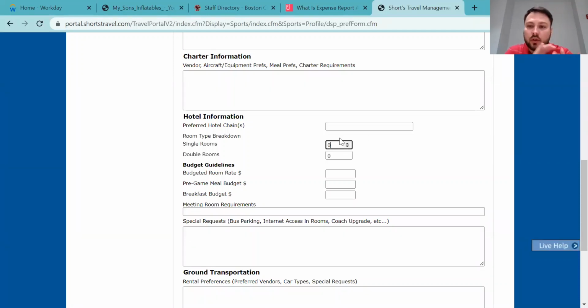And then here's the room breakdown. So single rooms are